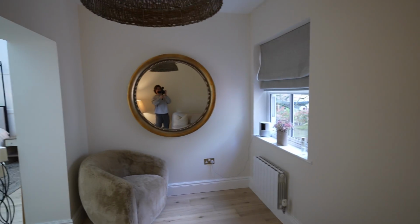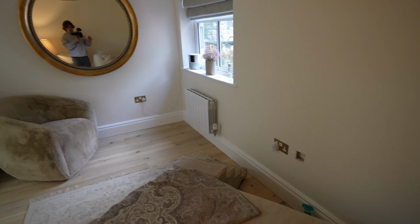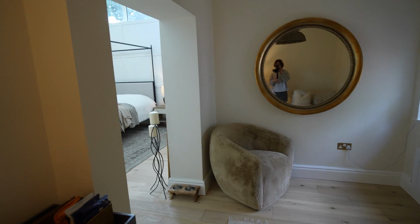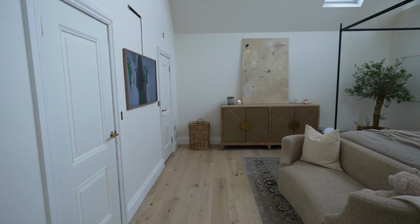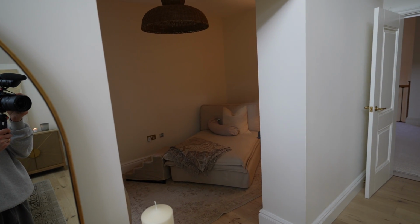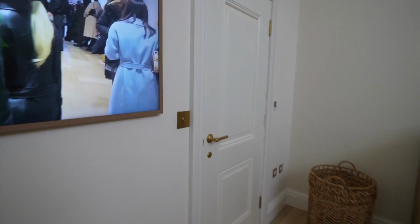And we've got a desk, like a dressing table desk, coming through there. A few little bits, we need to fill in some holes, change the radiator. But it's made the room so good. We absolutely just love that extra part that we've gained from basically knocking this wall through and then plastering that room. Then in here,